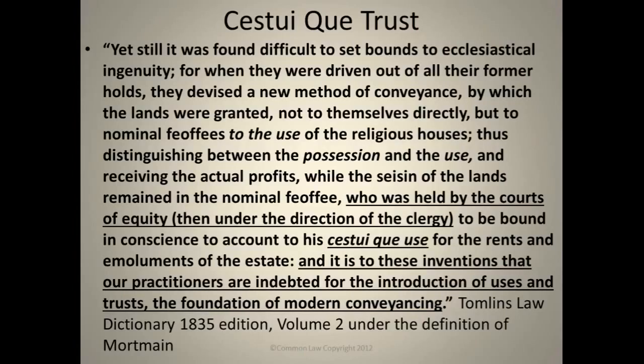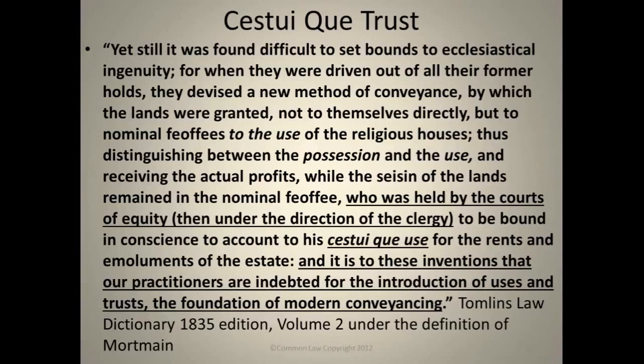It goes: yet still it was found difficult to set bounds to ecclesiastical ingenuity, for when they were driven out of all their former holds, they devised a new method of conveyance by which the lands were granted, not to themselves directly, but to nominal fiefs. And I'm not sure what that word means. But anyways, to the use of the religious houses, thus distinguishing between the possession and the use,